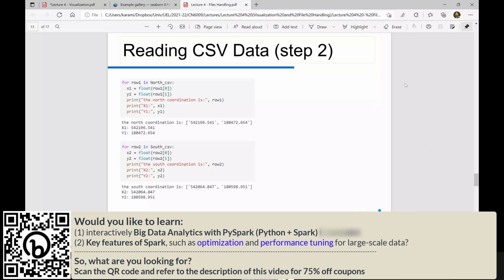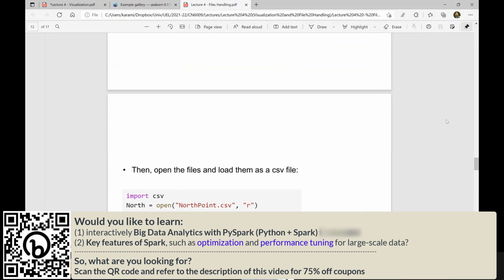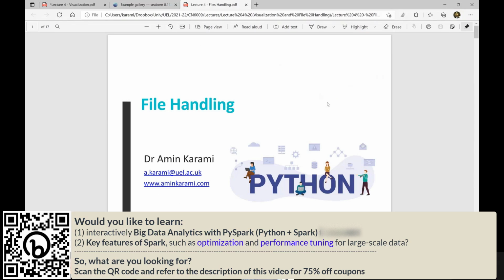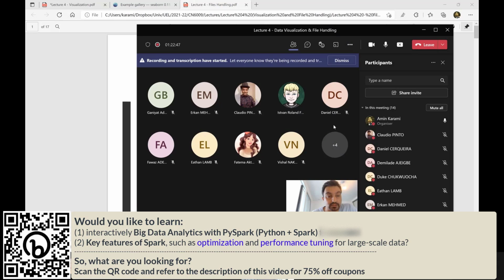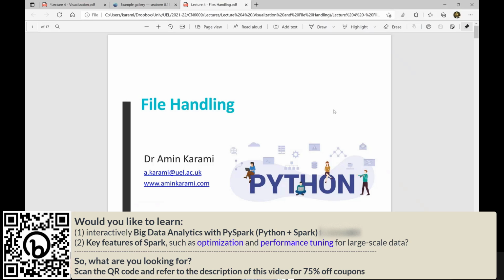Okay, file handling. It's a really simple topic. File handling. Okay, it seems there is no question about visualization, so no worries. Okay, let me take you to file handling. So file handling